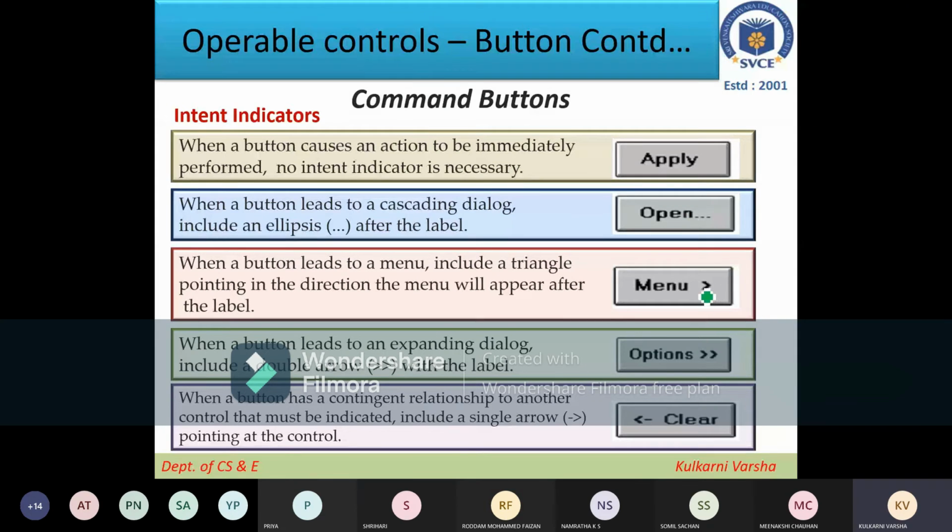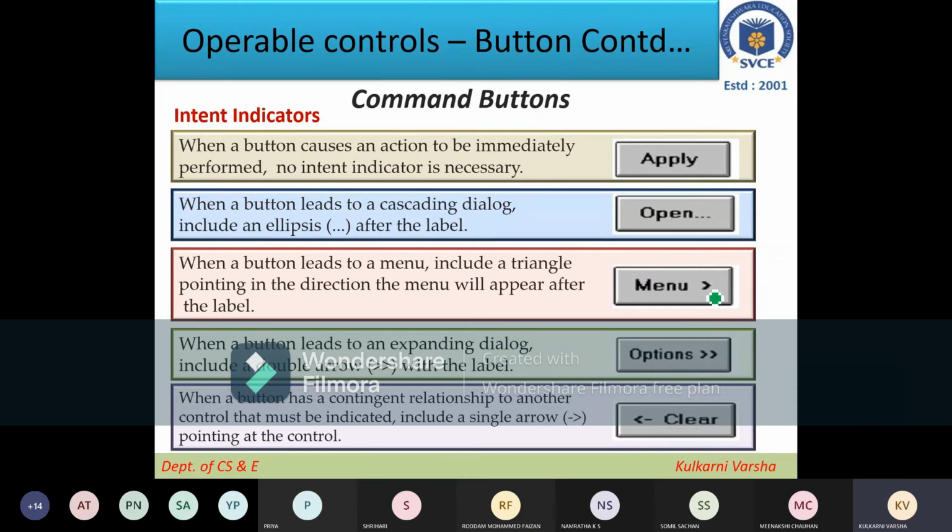A button which leads to a menu includes a triangle pointing in the direction the menu will appear from the label. So when a single triangle is there, it will open a menu, another menu from this button, leading to some submenus related to this button, in the direction the triangle is showing.